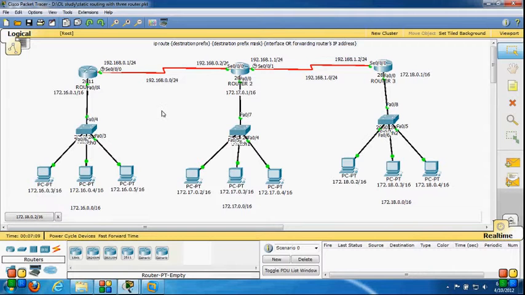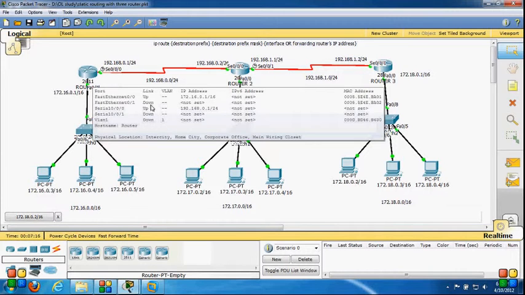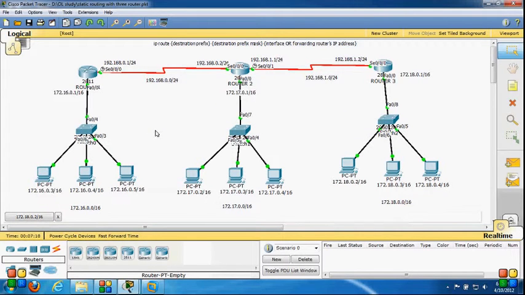We know that all routers know their directly connected routes by default. Router 2 knows the directly connected networks 192.168.0.0, 172.17.0.0 and 192.168.1.0 by default.